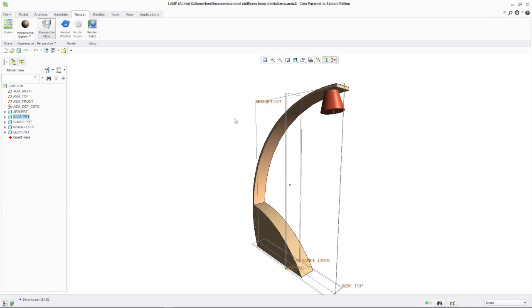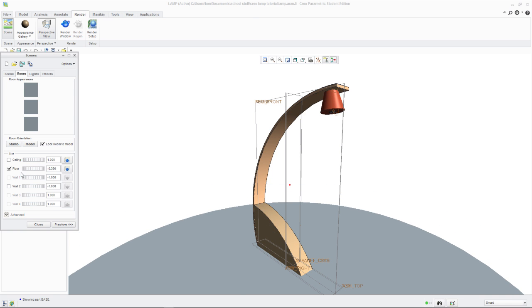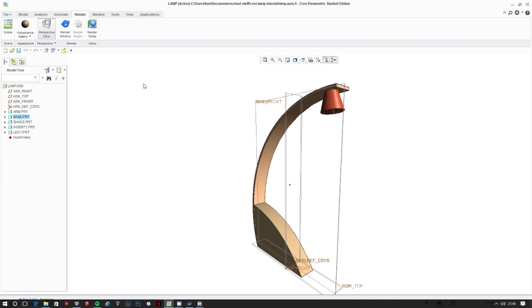and select OK. Right, and the other thing I wasn't quite happy with was it was a bit too shiny, so I think if we had used the Photolux Soft, the light won't be as harsh, so it might look a bit better. And we'll just go to room, and again we've got to bring that floor down. Okay, and render window. This time nothing changes on our screen, everything is happening in the actual file. Once it's done, we'll have a look at what it looks like, and you'll also see all of the parts that you've done are in there as well. So we'll just save that,